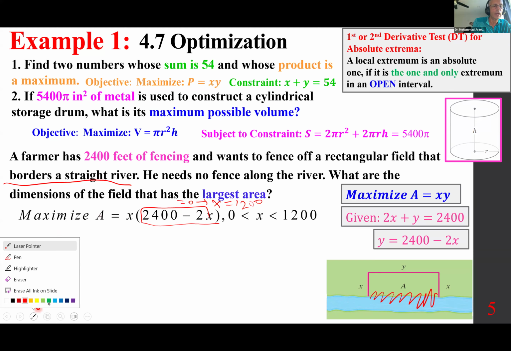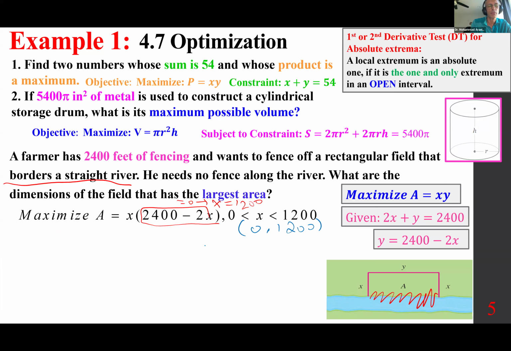We have an open interval of 0 to 1200, so you have to write the domain. Because the first or second derivative test for absolute extrema is as follows: a local extremum is an absolute one if it is the one and only one extremum in an open interval. Meaning, you do the first or second derivative test, and it tells you it's a local max or local min. If your interval is an open interval and there is only one of those critical points,